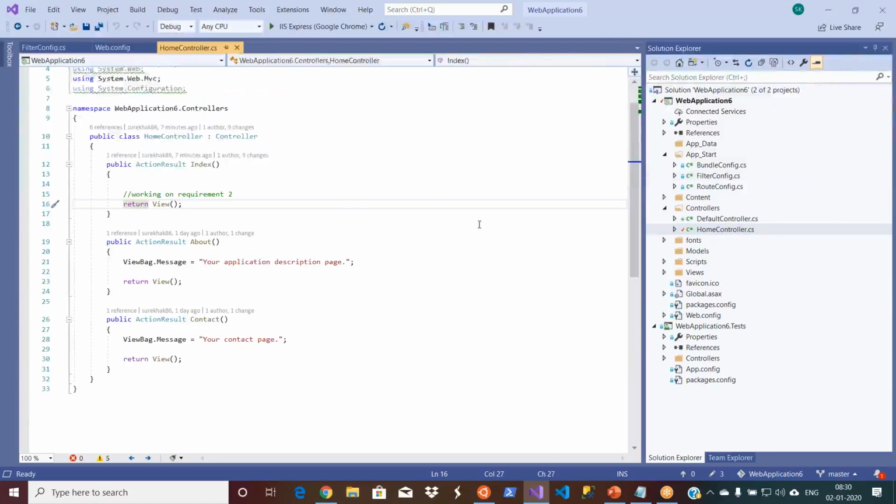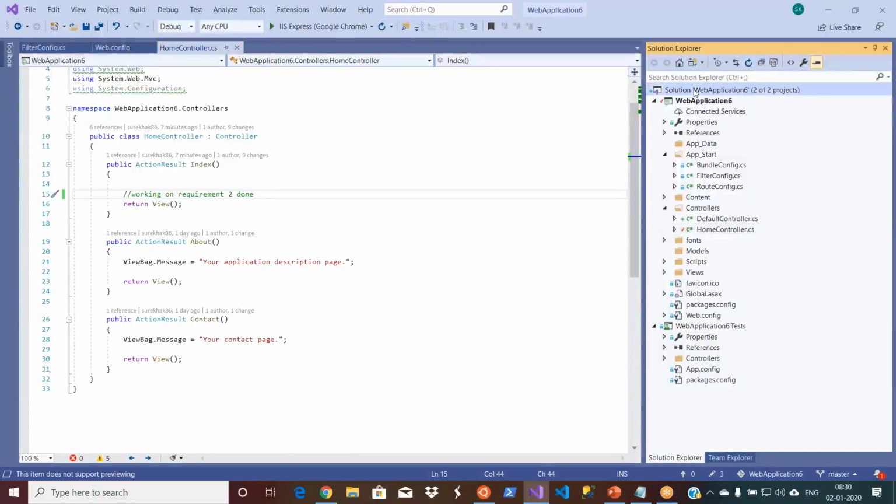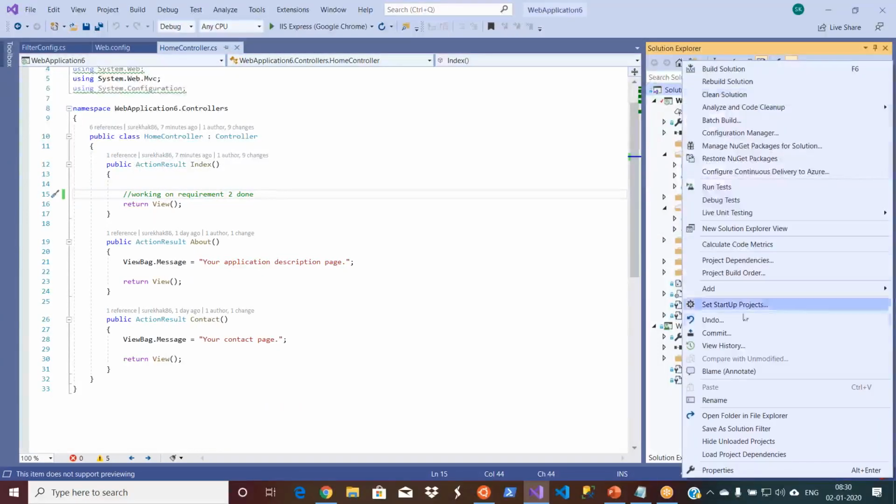Let us say go to your HomeController and say requirement 2 is done. That's it. It means I am continuing my coding actually. Let's go on. I'm just checking in the entire code. So guys, I might be using check-in or commit, whatever it is, but at the end of the day it is pushing code to your remote repository.